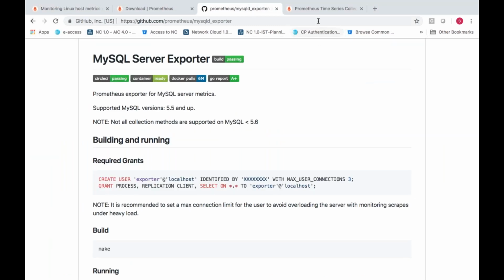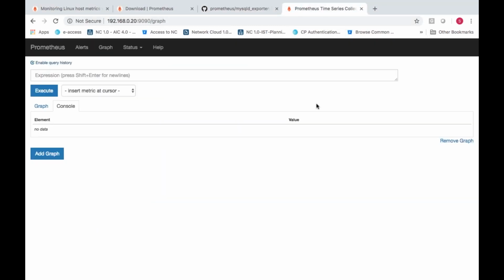So what is the advantage of using these monitoring tools? Even if your server is down, you can know in what condition and why it failed, why your node is down, whether due to a memory issue or a CPU issue. It will be stored in this Prometheus dashboard, because everything is captured here.